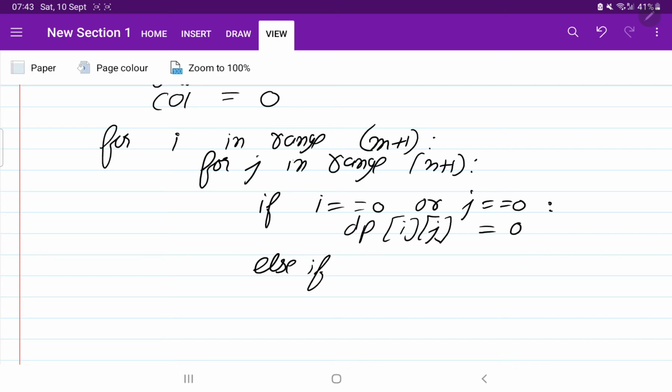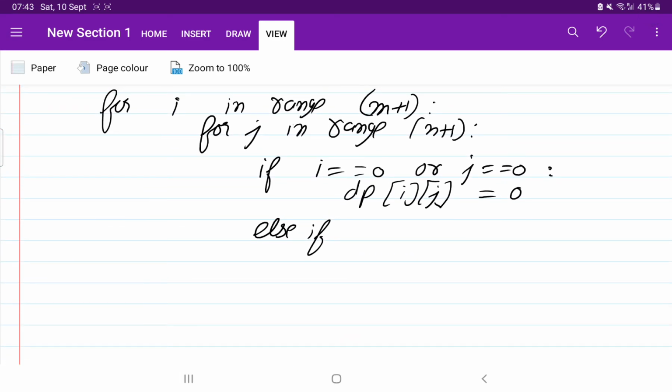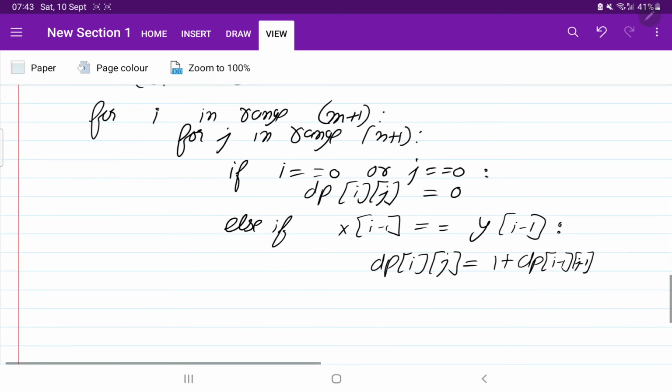Else if, if elements are equal, if x of i minus 1 equals y of j minus 1, as I told you, then first of all we set dp of i comma j by adding 1 to the previous element, dp of i minus 1, j minus 1. Perfect. This we have done.